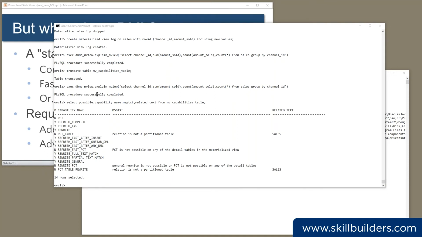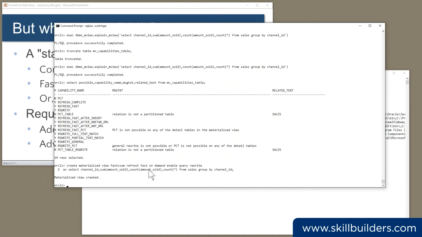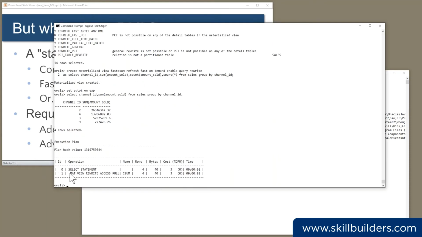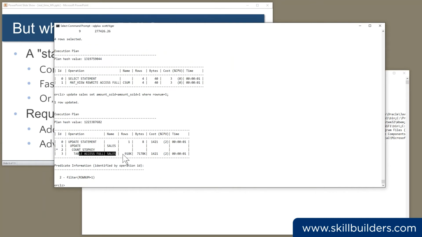Now, just as a proof, I'll actually create the materialized view. Oops. So I've created the materialized view with the extra columns, and now it should be fast refreshable. So as an example, we just make sure it really does work, and then we'll move on. If I run my query, I get the rewrite, do my DML, I've done my update statement, run my query again,